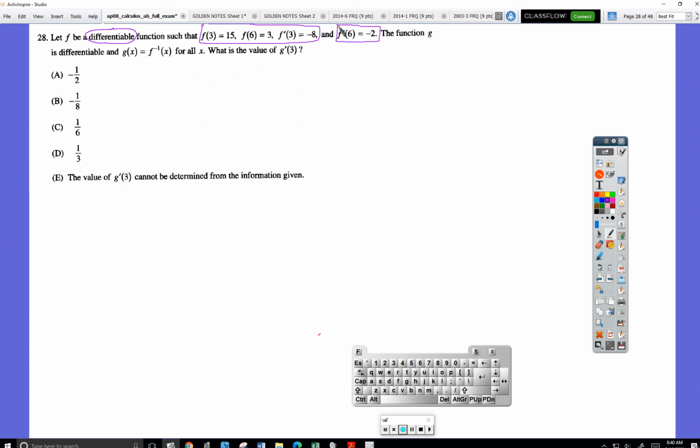The function g is differentiable as well. And g is equal to the inverse of f. Okay, right there, an alarm goes off in my head. Every time I've read an AP test and they have that statement, g or h or whatever, is equal to the inverse of another function, I automatically say to myself, they are most likely going to use this formula right here,